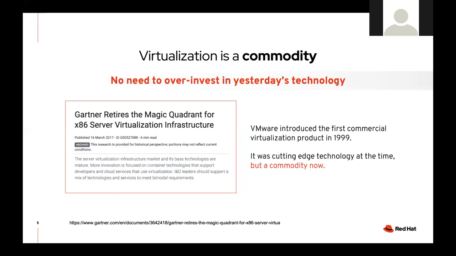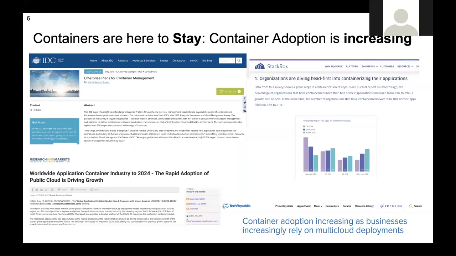It's moving more and more into a new way of packaging and deploying applications, and this is what is enabling true hybrid cloud. We're going to see this in more detail. So, talking about containers and the new way of packaging and deploying applications, container adoption is just increasing. Everyone is saying so. If you search, everyone today says that the new way of packaging and deploying applications, our hybrid cloud architecture, will be enabled through container platforms and Kubernetes architectures. So this is what the whole new world will be based on.